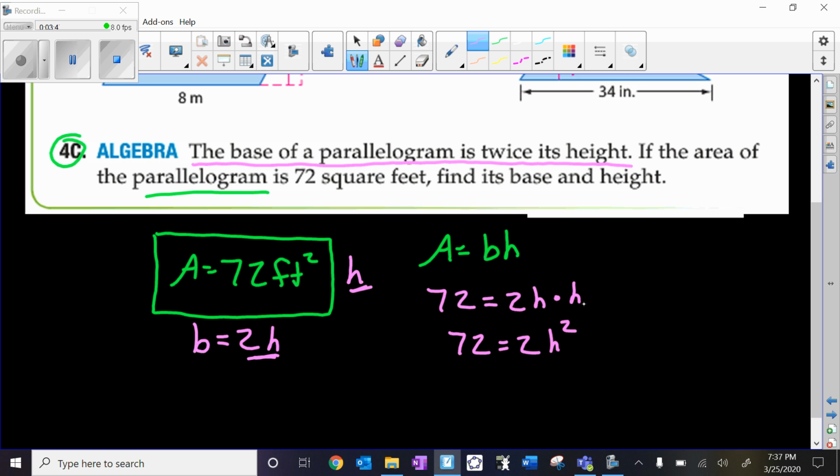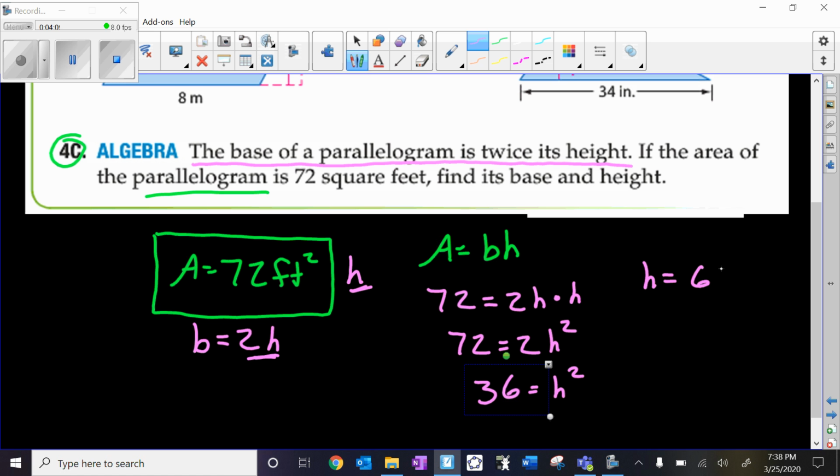H times h is h squared. Next, we're going to take 72 divided by 2. When you do that, you're going to get a value of 36 equals h squared. To solve for h, to undo something squared, you take a square root, so your height is